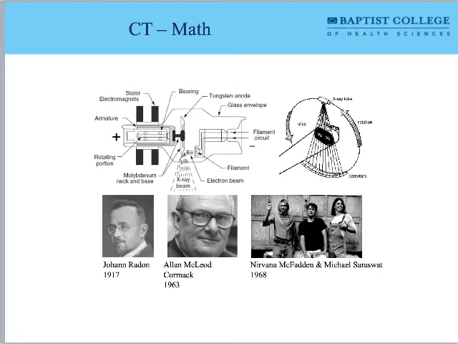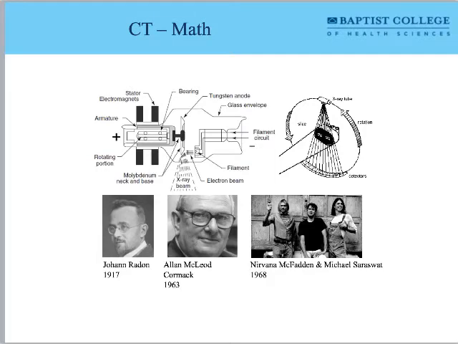Now, I'm not going to get into all the math that's required to understand this. But to take an X-ray tube and sling it around your head and then get a picture out of it requires some mathematics. Because if you just take the X-ray tube and start spinning it around, what you're going to get is a really blurry X-ray picture. It's going to look like something like a tornado. We don't want pictures of a tornado. We want a picture of the inside of people's bodies. So what we have to do is mathematically decompose that tornado